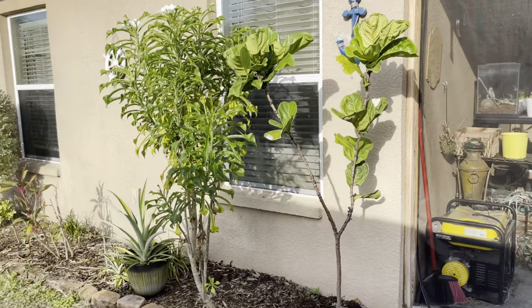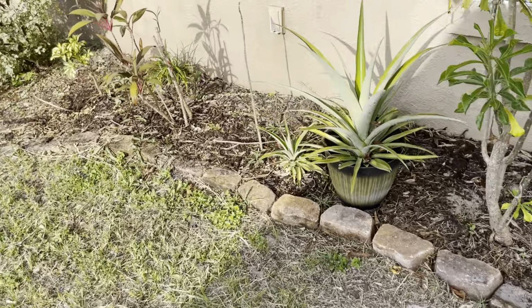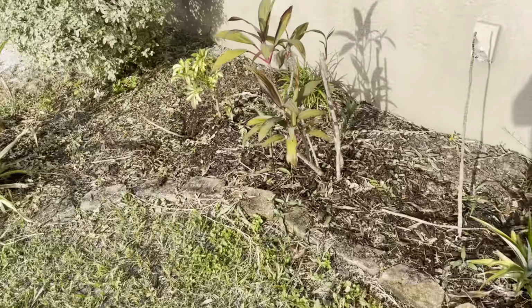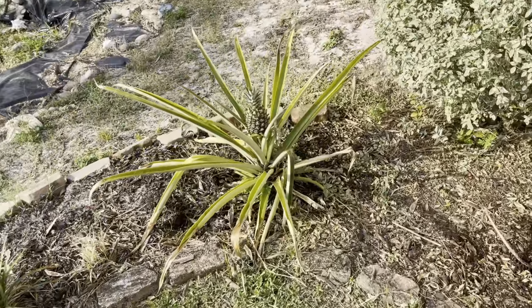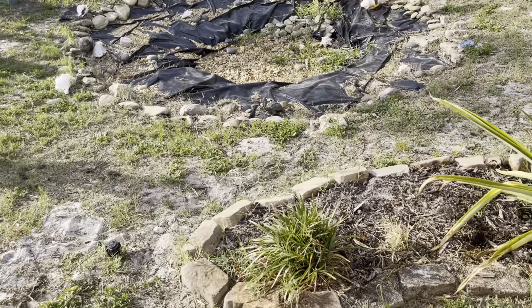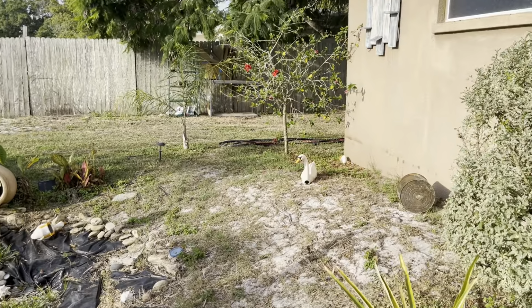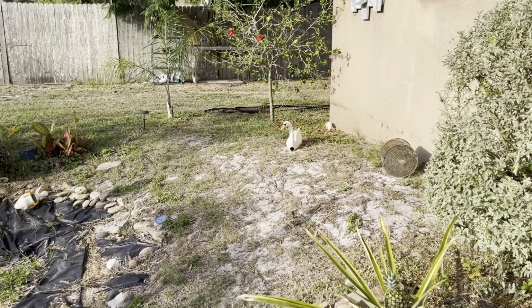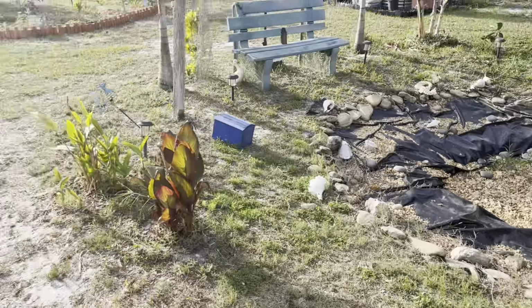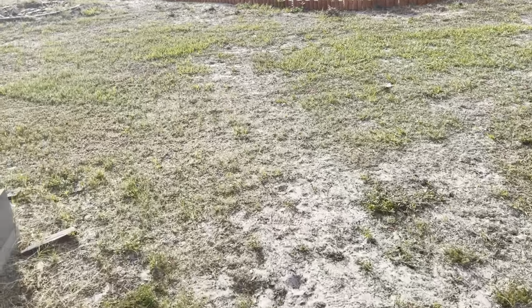And this is my fiddle leaf fig. More pineapples. This is another one that's producing. This is on the other side of the pond garden. And then my beautiful hibiscus that was also pre-existing. And that is it for the update for June. So I can't wait to